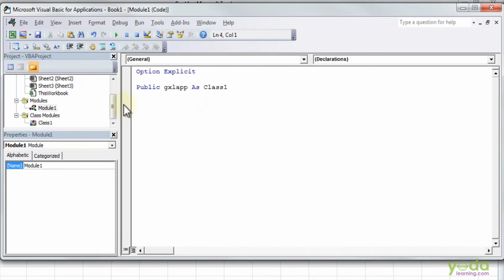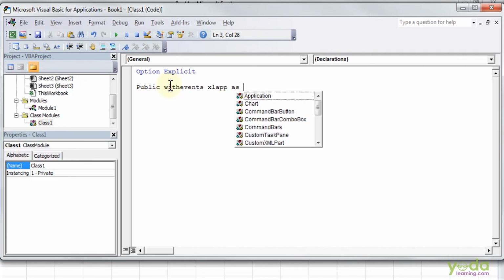In the class module, create another variable like this. Go to the Class1 module and type Public WithEvents ExcelApp as Application.